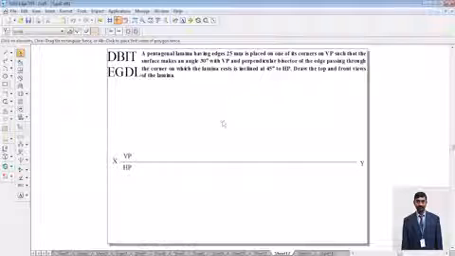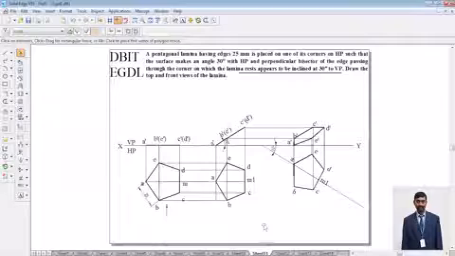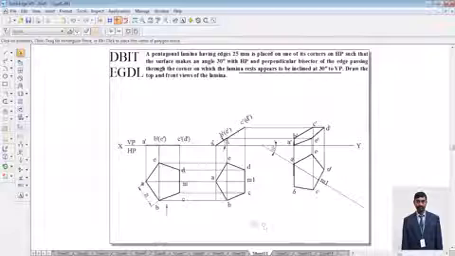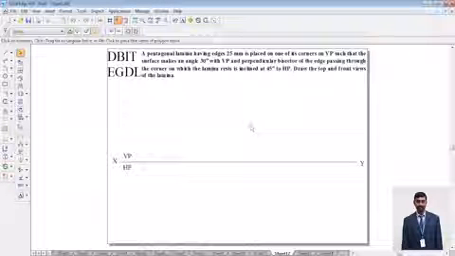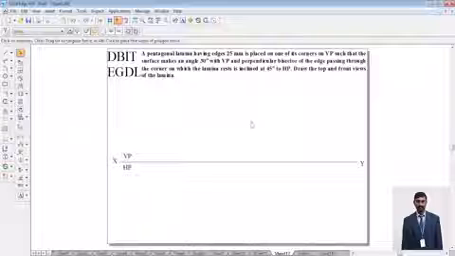So here, when you compare to the previous problem, the non-beta problem, this was resting on HP, and the perpendicular bisector appeared to be inclined. But here you could see the difference. The perpendicular bisector is inclined to some plane, either the vertical plane or the horizontal plane. For this condition, we have to draw a pentagon which is resting on VP, not on HP. It is resting on VP.